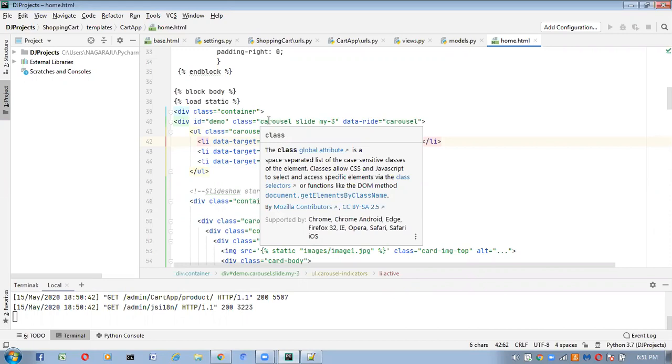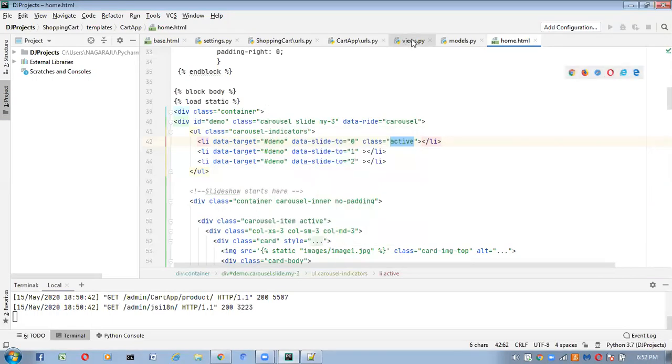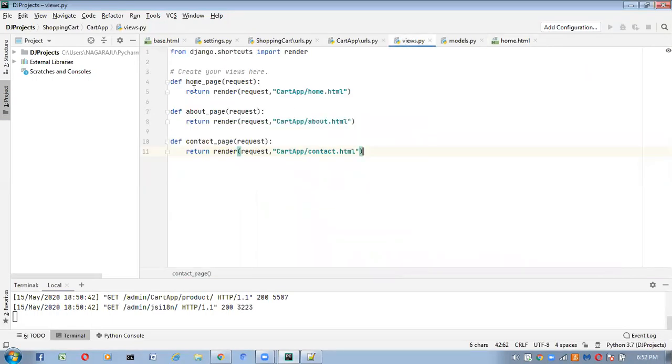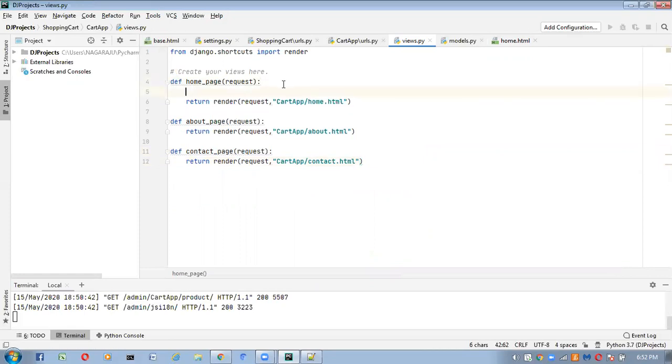For that, here we are going to write one for loop. For the remaining slides, I am going to write one for loop. Based on that for loop, first let me complete that views.py file part, and then you will get more clarity. This is my home page functionality. Inside this, what code we have to write? I want to get all products from the database. For that, what we have to write?